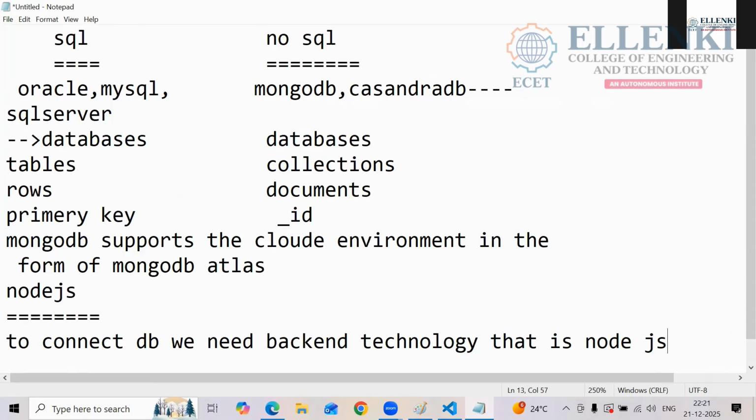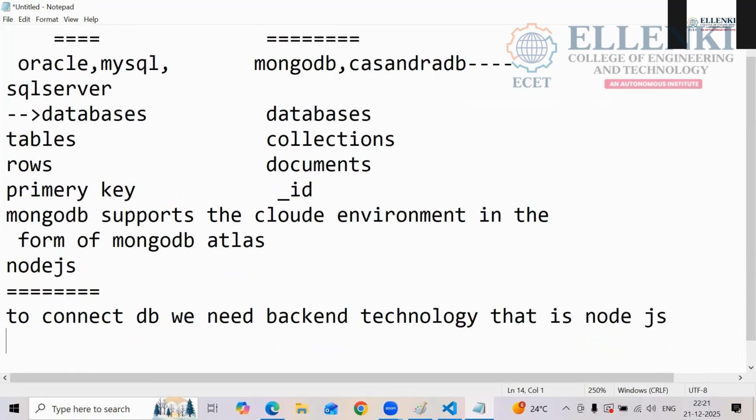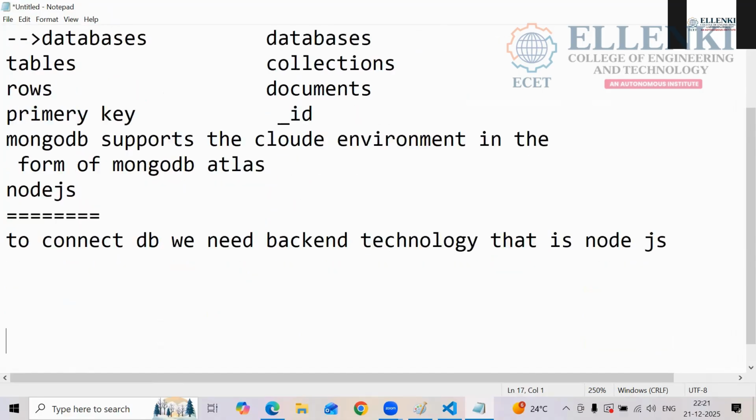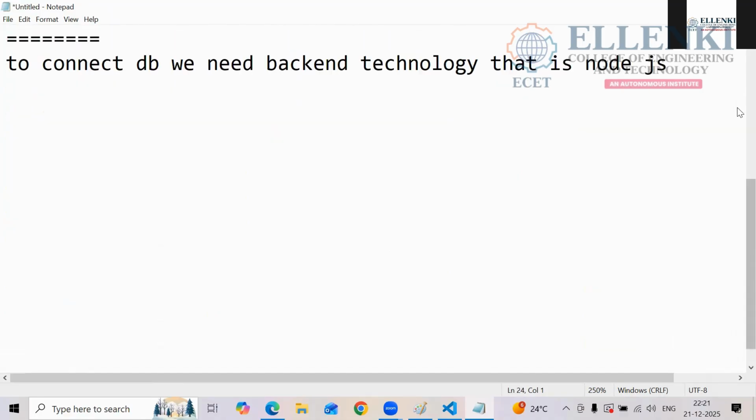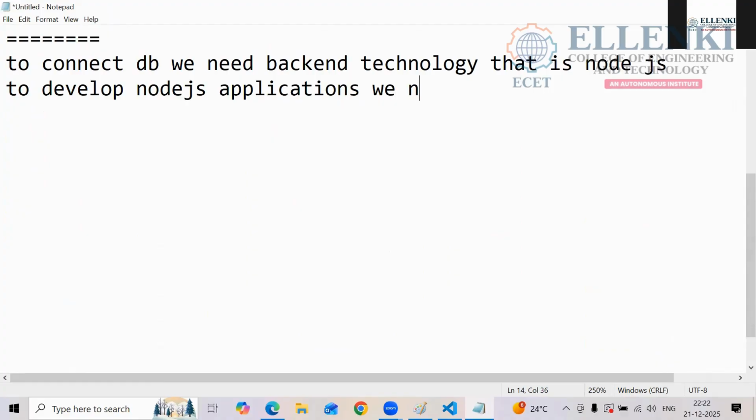So what you have to write here? Now Node.js, and to develop Node.js applications, we need JavaScript.